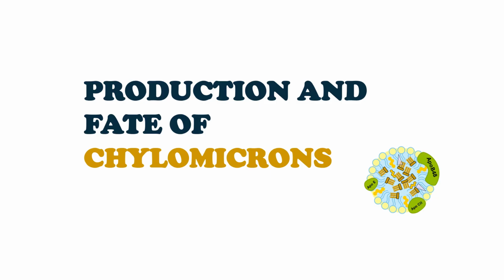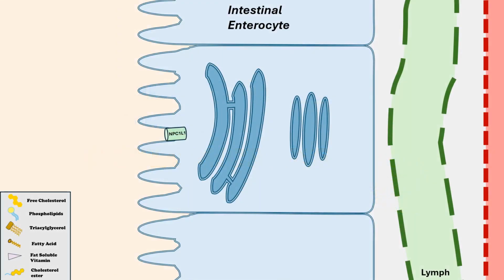We begin by discussing how fats in your intestines are packaged into chylomicrons to be transported from the intestine elsewhere. During the process of breaking down fat globules, micelles are formed. These micelles are important in transporting various products from the vicinity of the fat globules to the surface of the intestinal epithelium. These include monoacylglycerol and free fatty acids, which can be esterified to form the triglyceride, phospholipids, cholesterol, which